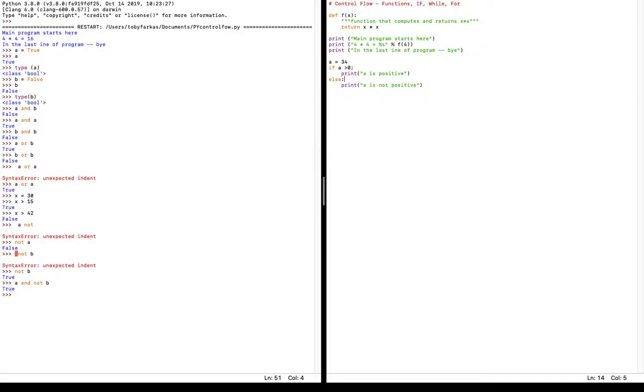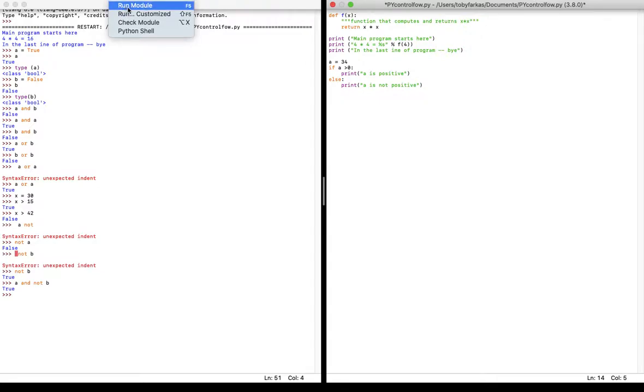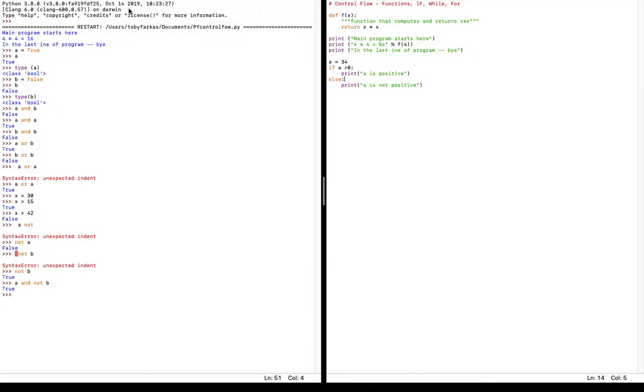So we'll run this real quick, and you'll notice that unlike C or C++ or MATLAB, you don't have to end the if statement. Okay. Yeah, so A is positive. Let's redefine A as 17,